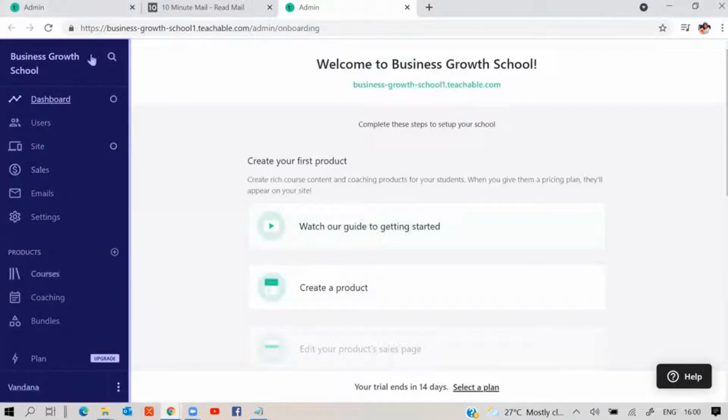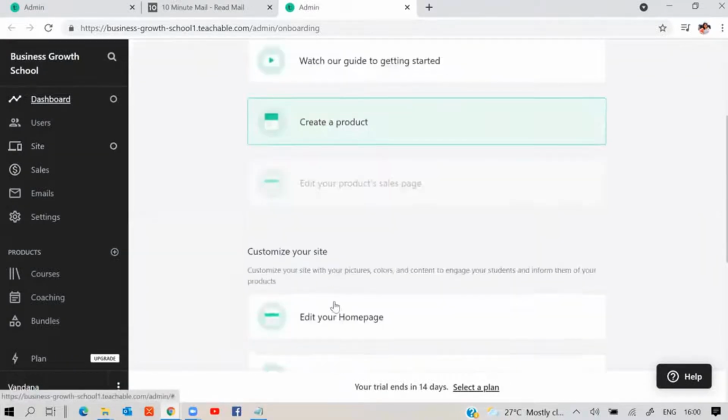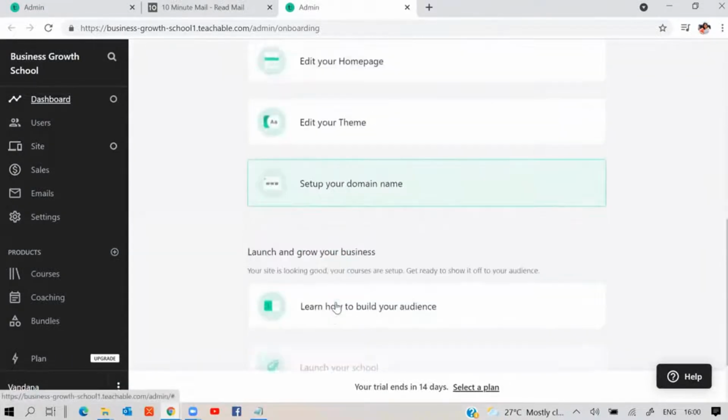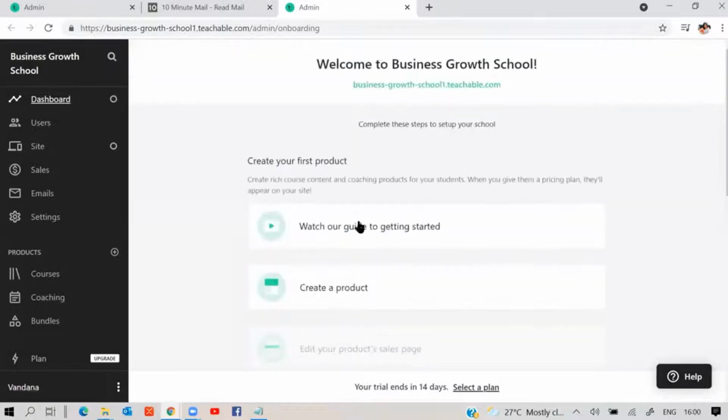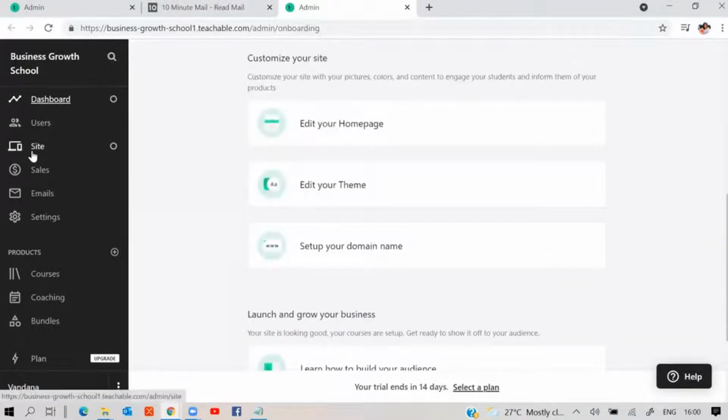Then only this dashboard, the one on the left hand side, was important, where the first thing you have to work on is the site. But right now they are straight away saying create your product. Okay, so what is this site? See, the customize your site option is also there. Now I think it is going to help us go step by step. So I will give you some brief, and then we will follow their steps, what they are suggesting. Otherwise, everything is available here also, even if the steps were not given.